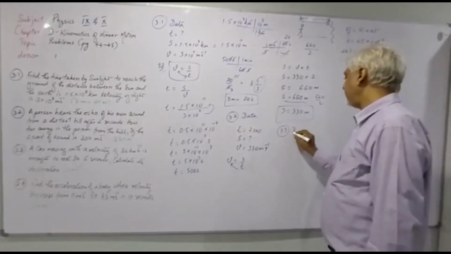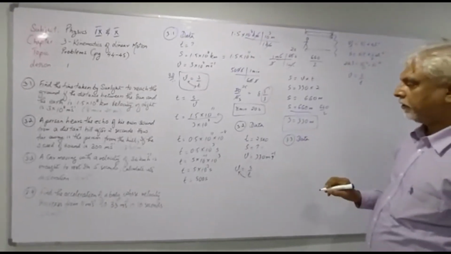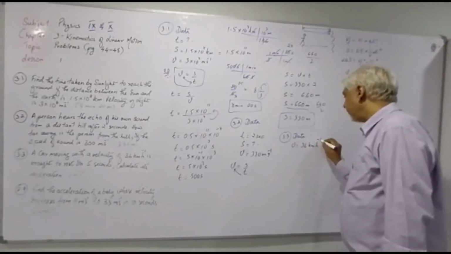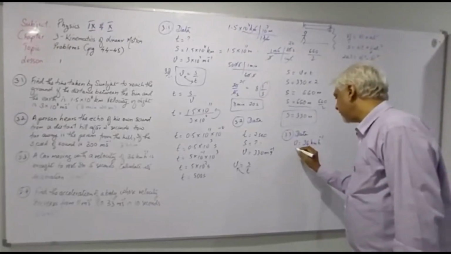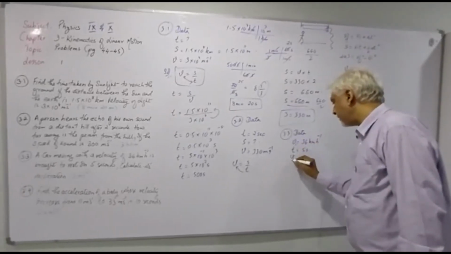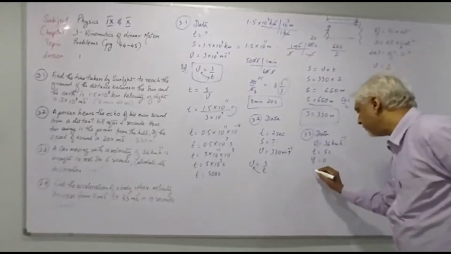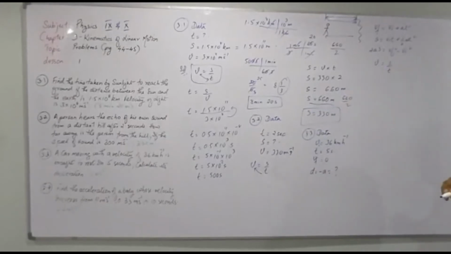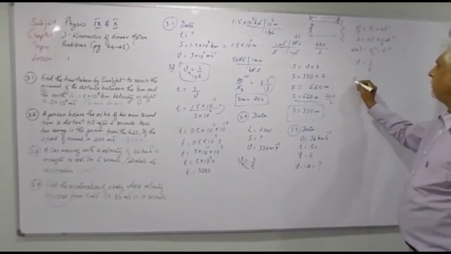3.3, there you go. A car moving with a velocity of 36 kilometers per hour. Speed of the car is 36 kilometers per hour. It is brought to rest in 5 seconds. So time is 5 seconds. It's moving with this, so this is the initial velocity. It comes to rest, that means final velocity is 0. Calculate its deceleration. You need to find the deceleration, that means negative acceleration is equal to how much. Okay? So we can use the first equation of motion over here.